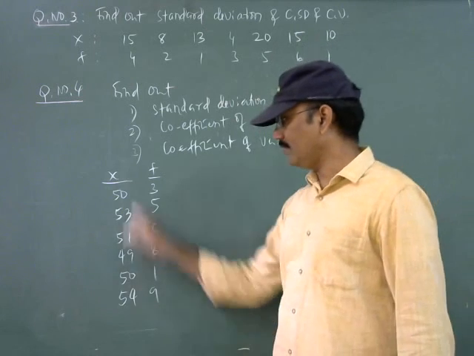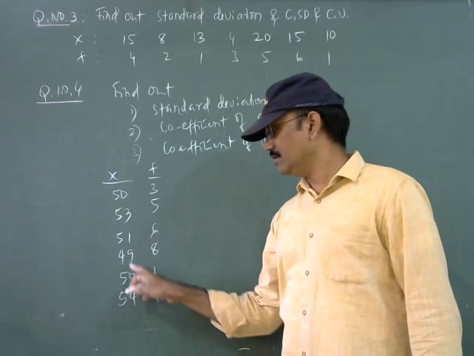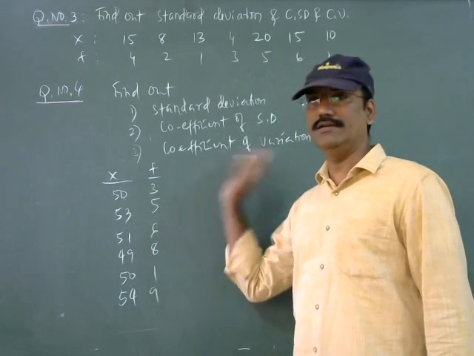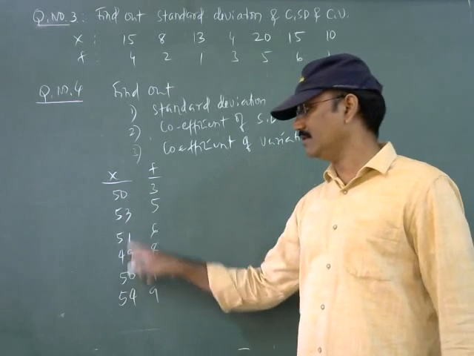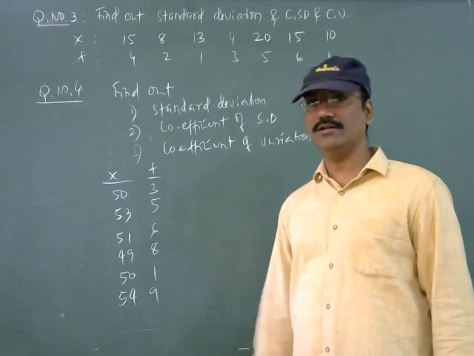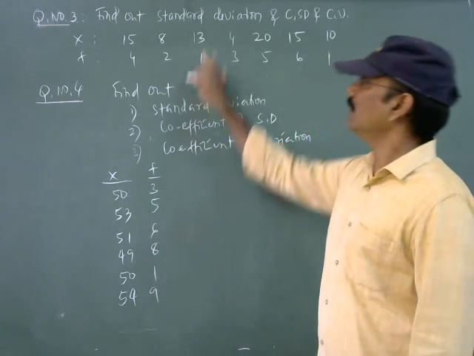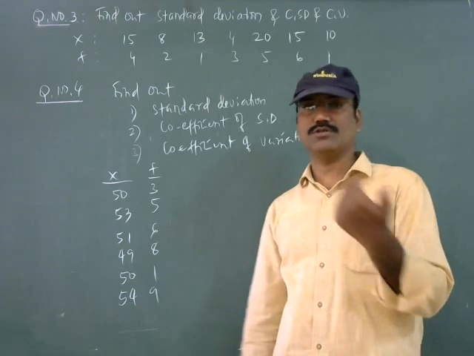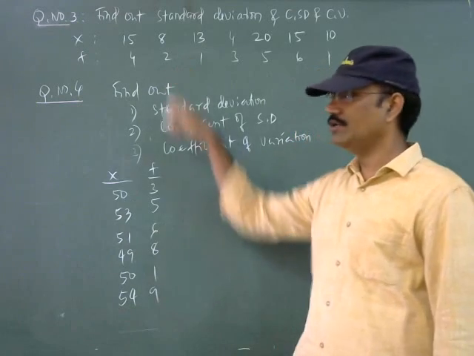Now out of all these numbers, which one is the small number? Small number is 49. So all numbers minus 49, then you will get the D. D: 50 minus 49, 53 minus 49. Why 49? Smallest number. So I assigned 2 questions here, question number 3 and 4. I solved the same type, question number 1 and question number 2, and I gave 2 questions here.